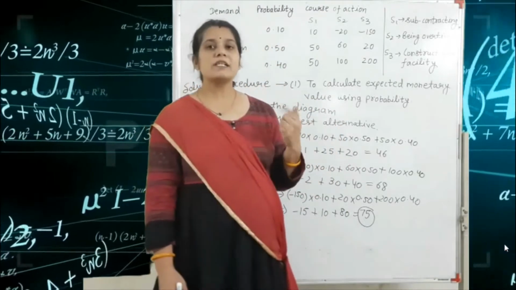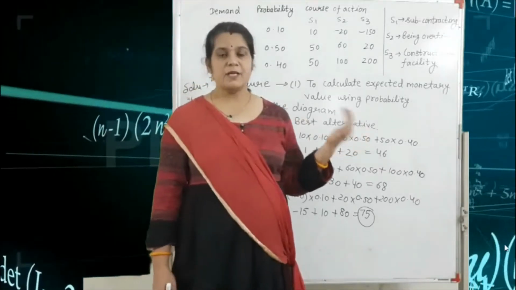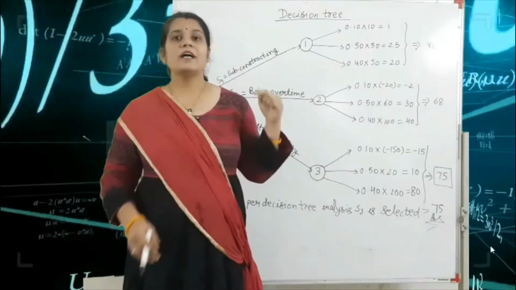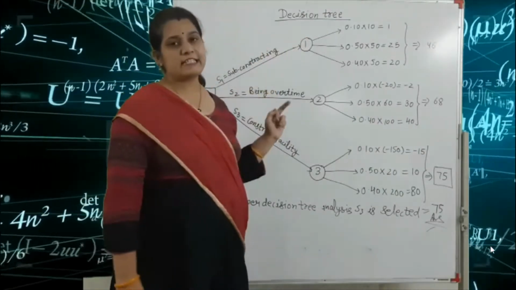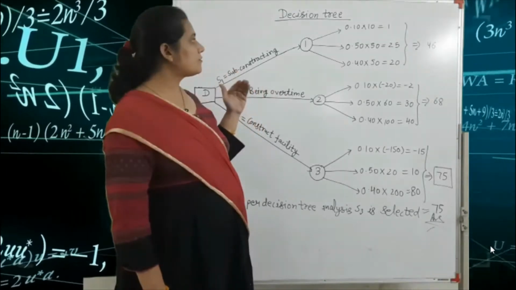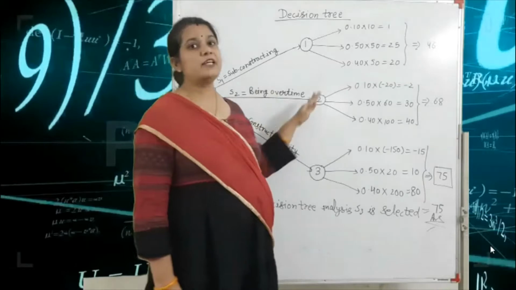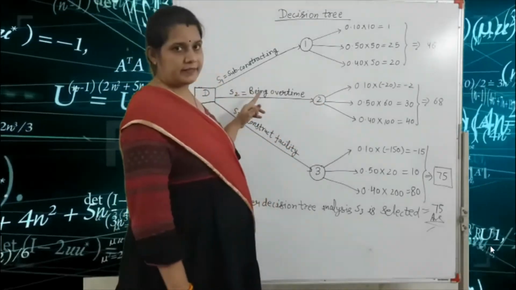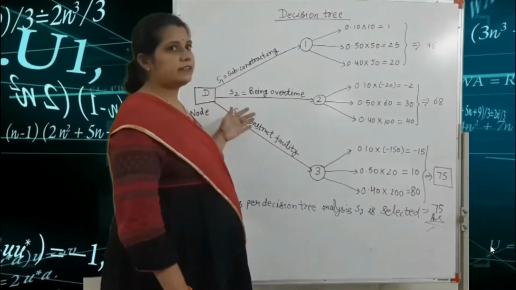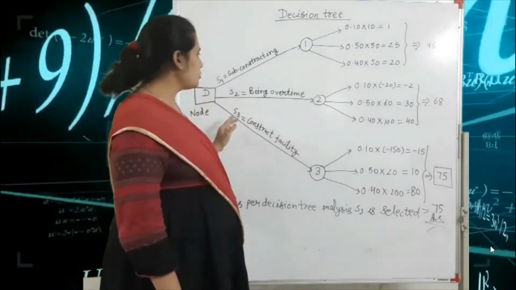Okay, so our second point is what? Second point is draw the diagram. So our next step is we draw the diagram. Second point is for decision tree. So first we make the table, because after making the table, the decision tree is very easy to write. First you write here one node, you write here D, or A, B, C, D as you wish. We write here D and this is the node point.